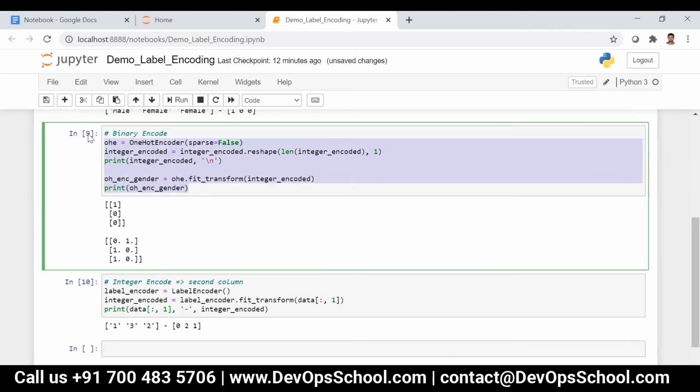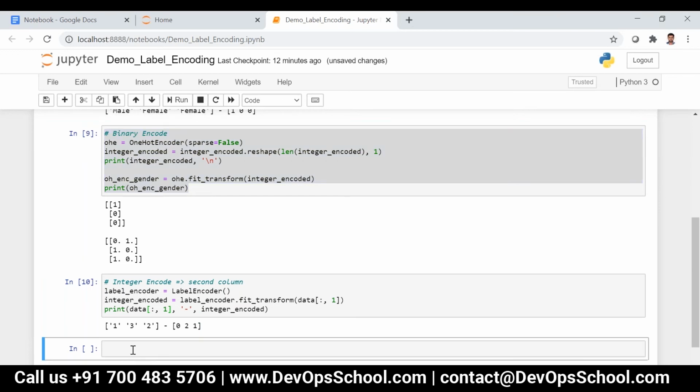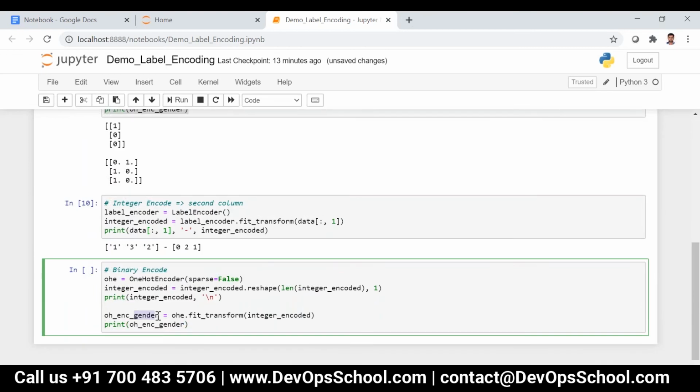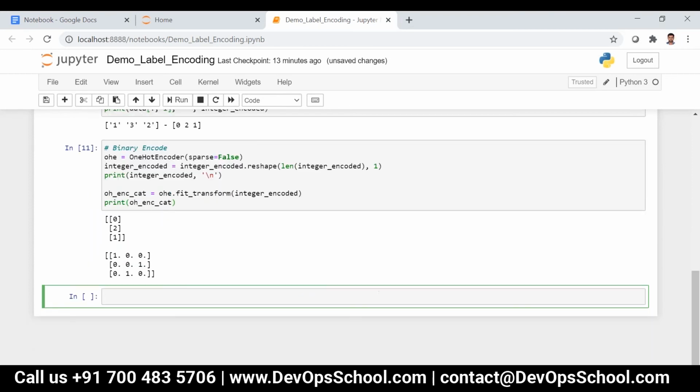Now if I want to transform to binary encode, you can just say over here, let's say category, something like this, 1 0 0 0 0 1 1 1 0. Now if I want to concatenate, I can just concatenate like this.